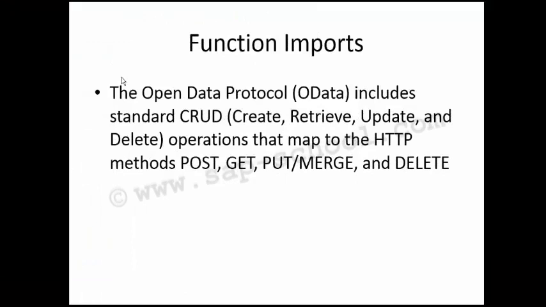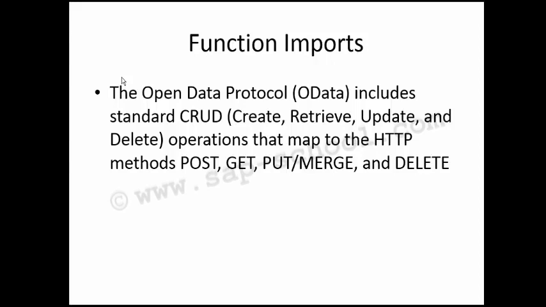After that we have the function imports. In addition, OData supports further service operations, that is the function imports, that can be invoked by the HTTP methods get or post for anything that cannot be mapped to the standard CRUD operation. We can implement such additional service operations in the service builder by creating the function imports within our data model. We can create function imports for custom operations like confirm work item, check flight availability. So we can create custom functions using that.